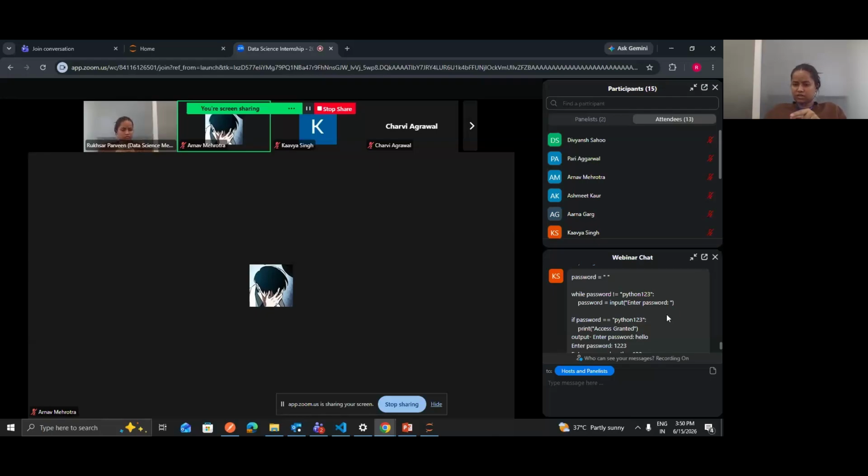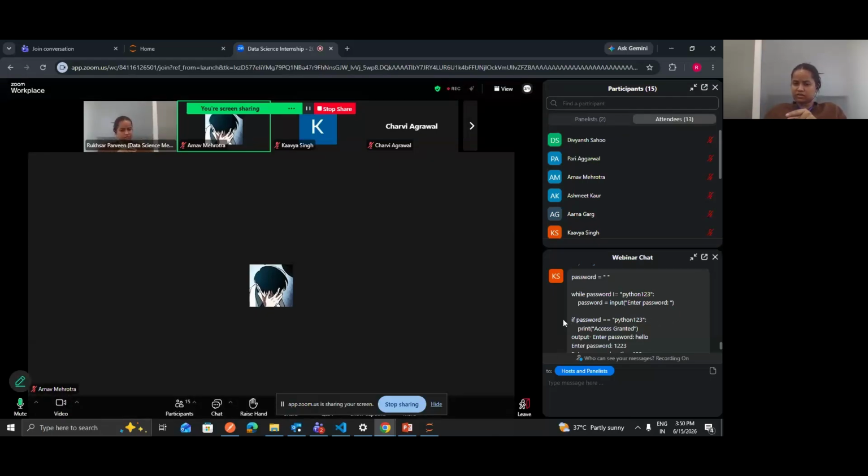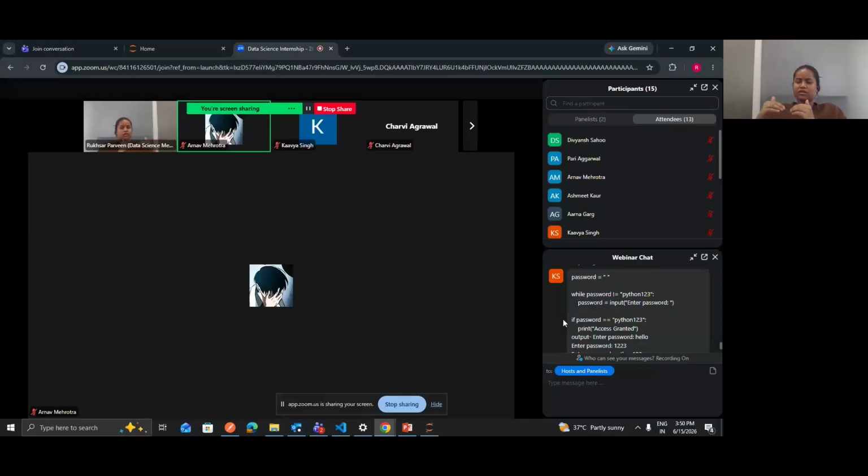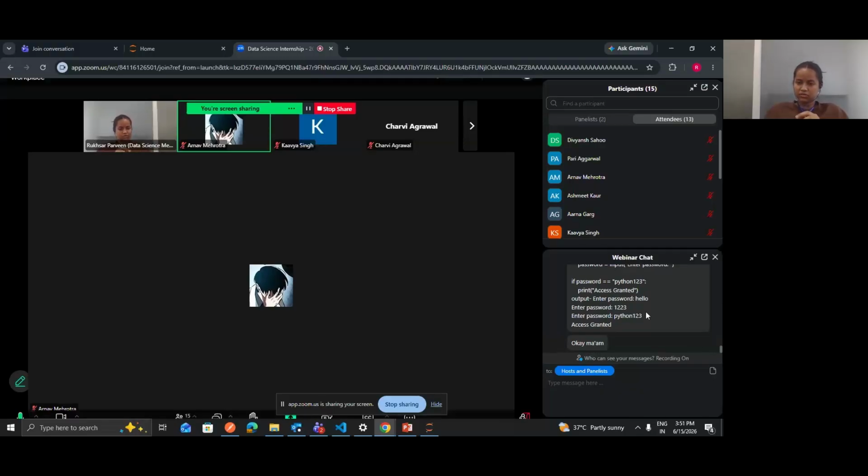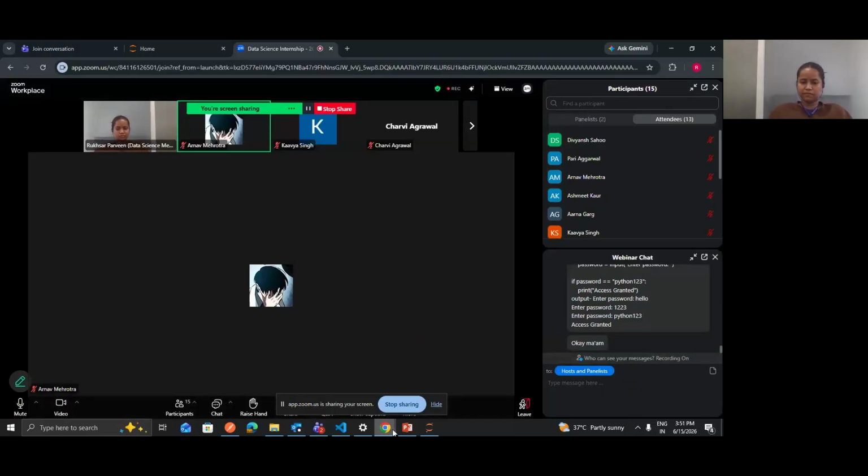So the conditional statement checking if password is equal to Python 123 you do not need, because coming out of this while loop means the value of password is already Python 123. Now you can directly print the statement as access granted. So this is the solution of this problem.